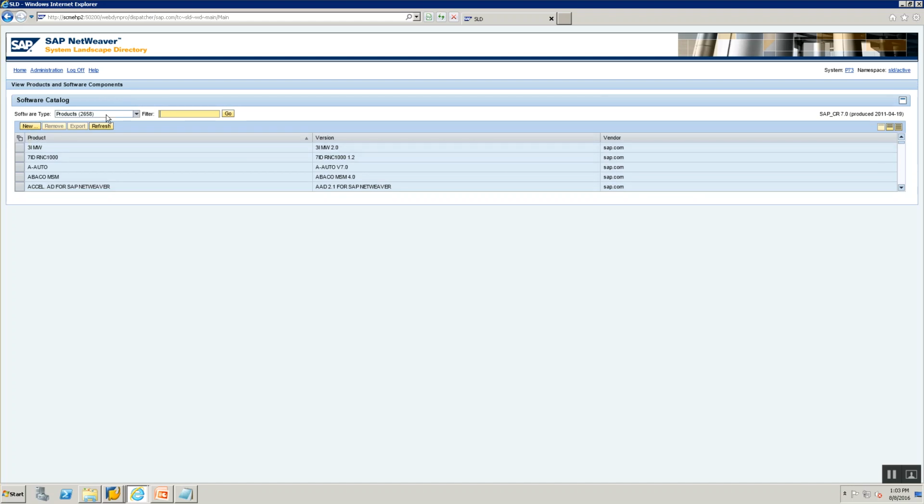I'm just making sure the software type is selected as product here. Now if you look at the drop down, you can also view all the software components in your landscape. Now that I've selected that, it's going to take some time to load because there are around 12,000 software components. We'll let it load. Okay, so my products have now loaded. You can see my software components have now loaded. So I'm now going to go ahead, make sure my products is reselected, and then I'm going to click on